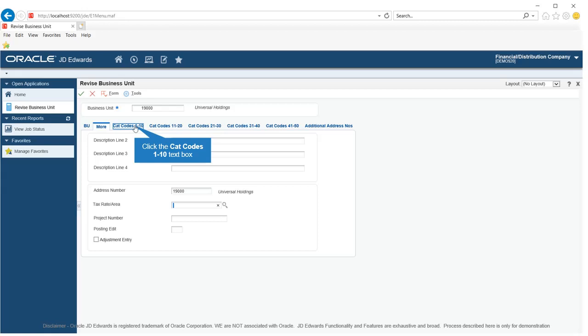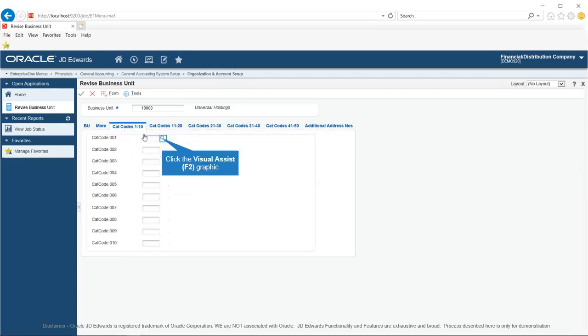Category codes are user-defined and can be created as per the need of the organization. Category codes 1 to 20 are 3-character alphanumeric fields, whereas category codes 21 to 50 are 10-character alphanumeric fields. Each category code is associated with a UDC table.